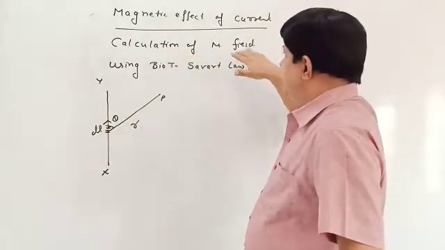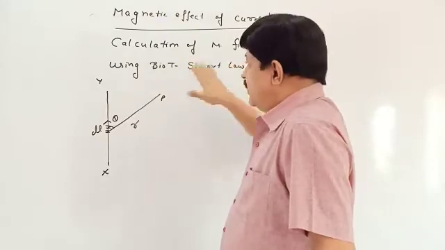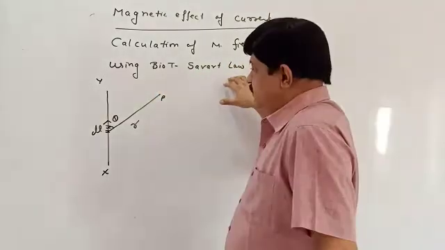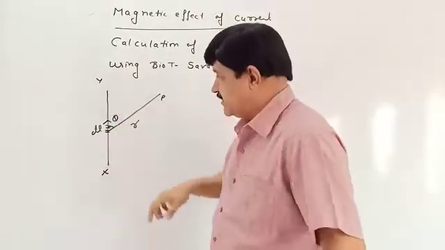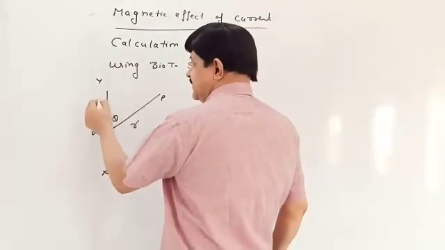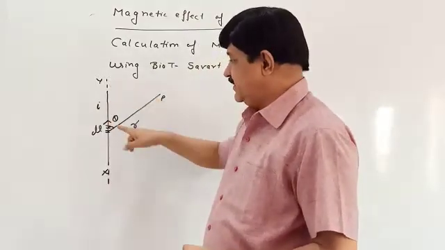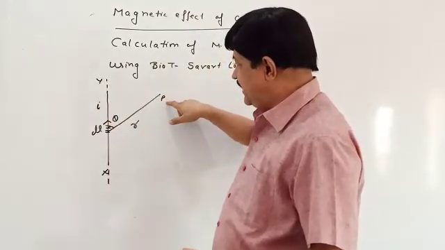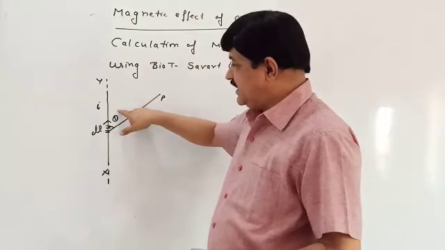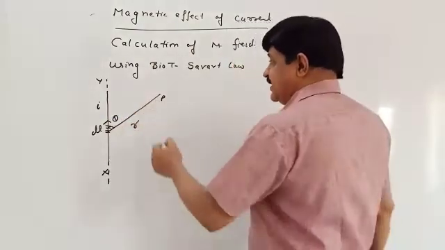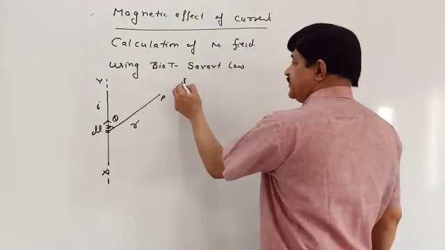Whenever we want to calculate magnetic field, we always use Biot-Savart law. According to this Biot-Savart law, if we have a current carrying conductor carrying current I, say this is an infinite length or finite length conductor, and if you want to find out magnetic field at point P, which is at theta angle from this straight conductor at r distance from this, then due to small portion,